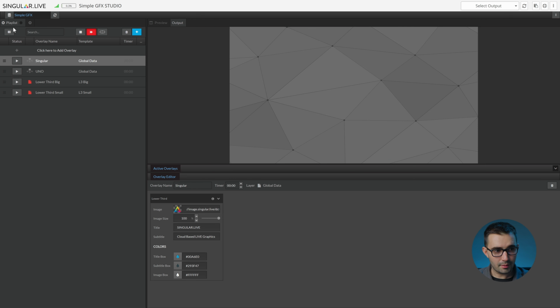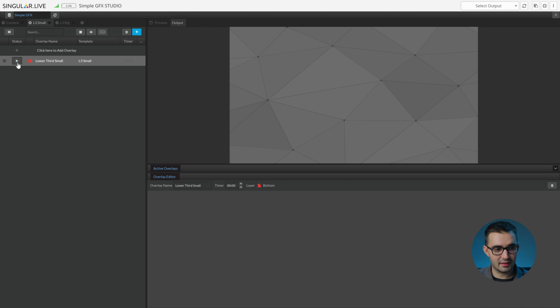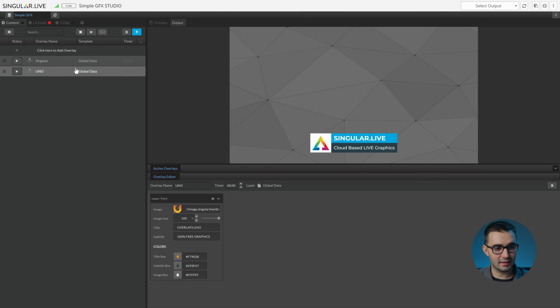And up here under the playlist, we can double click to rename it to content. Then we'll create a new playlist and we'll call this L3 small. Then we can go back and right click on the small one and move the overlay to the new playlist we made. Same with the big one, but this time we'll choose new playlist and we'll call this L3 big. So now we can take this small lower third in over at this playlist, then back in the content playlist,